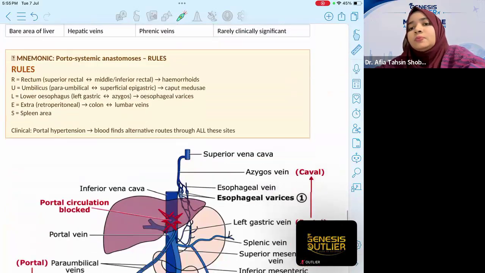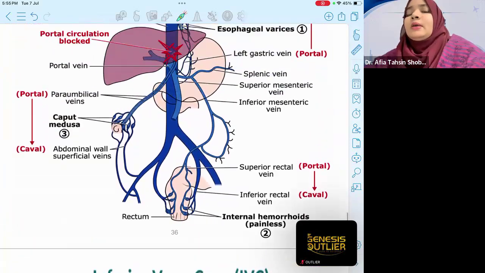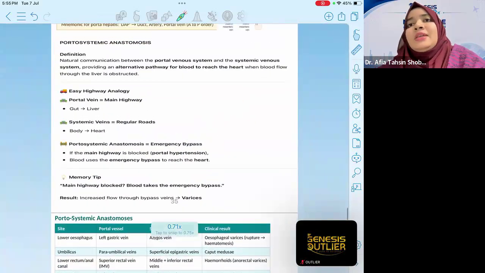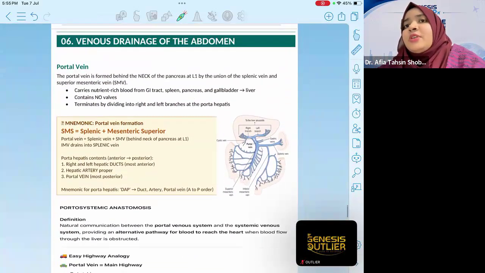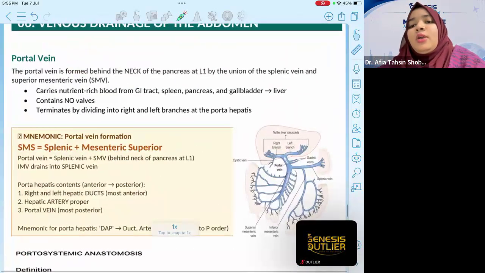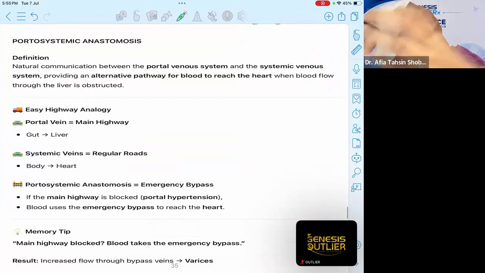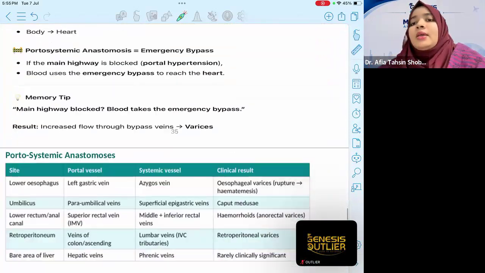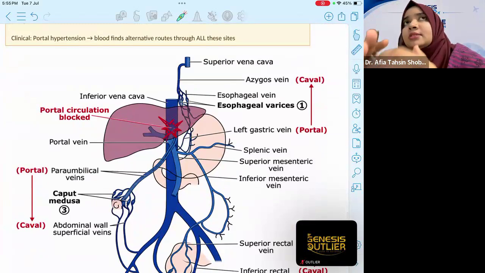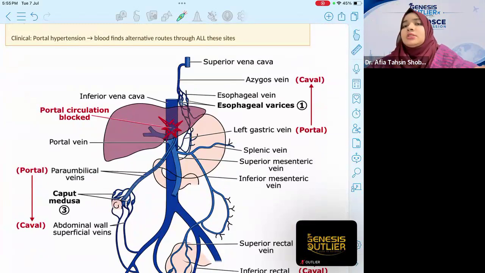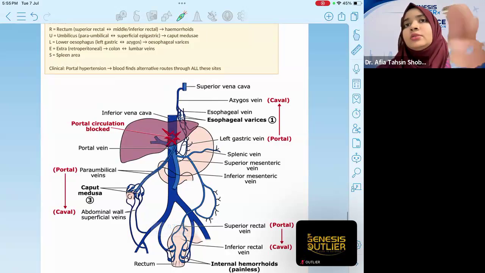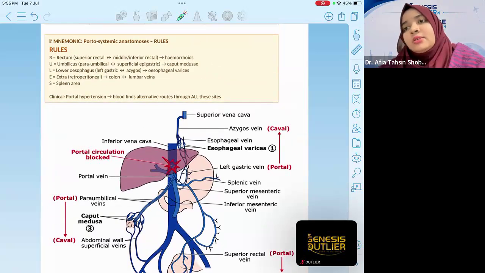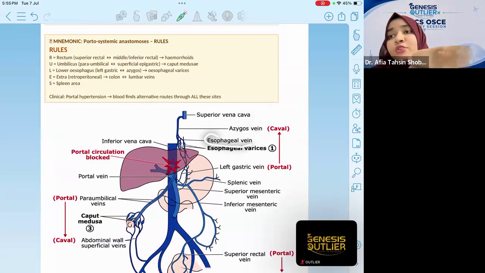Now come to another important topic, portosystemic anastomosis. From here, you just need to know which are the anastomotic points. It is not asked in detail in the exam, but you have to know the anastomotic points. First, you will get the anastomosis between the esophageal vein and the esophageal vein. This anastomosis,